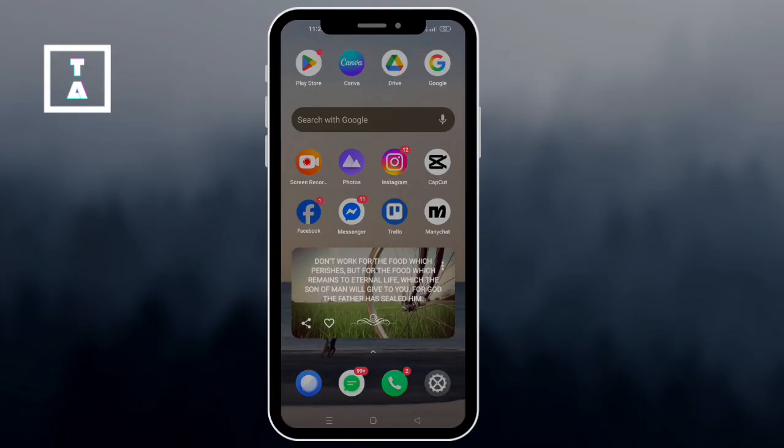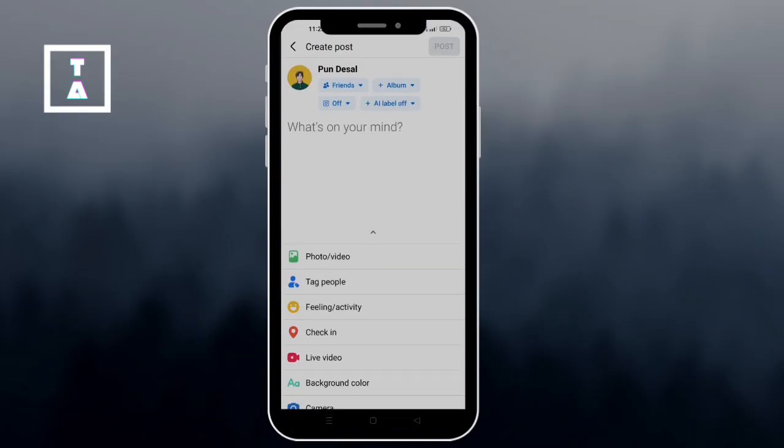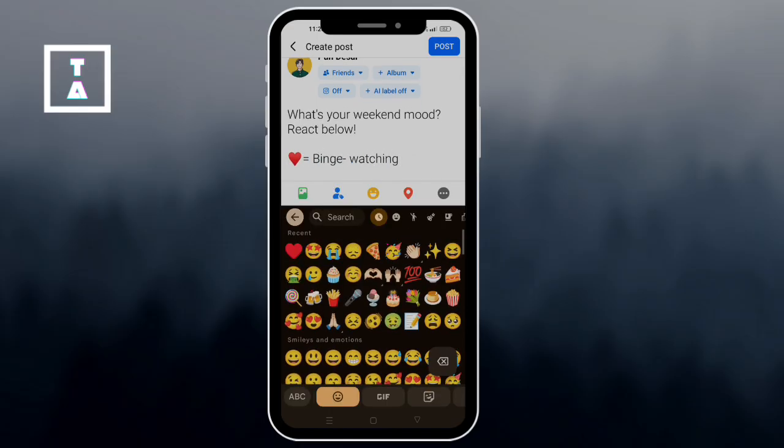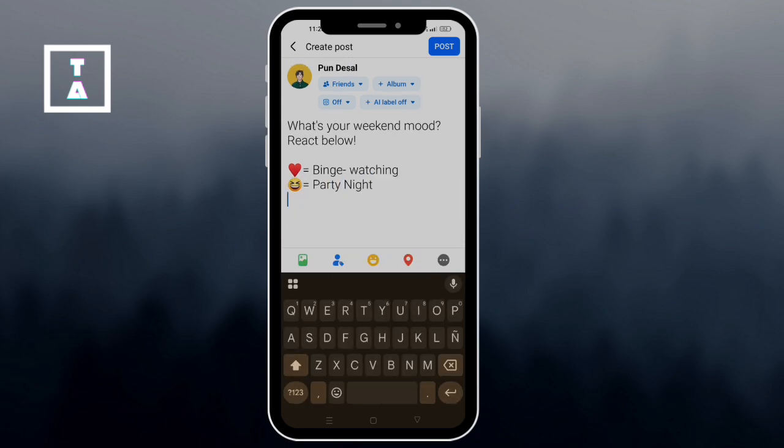First, start with a fun or opinion based question, like this example here. What's your weekend mood? React below. Then, list the options using emojis. You can use emojis or reactions, like for example, react heart for binge watching, funny for party night, or sleeping